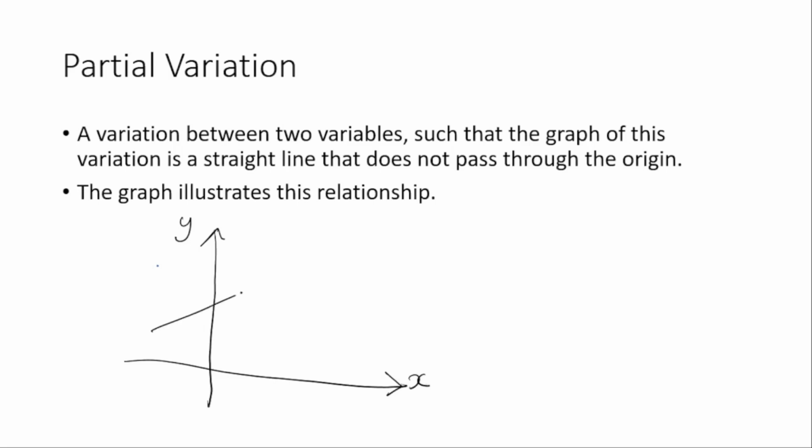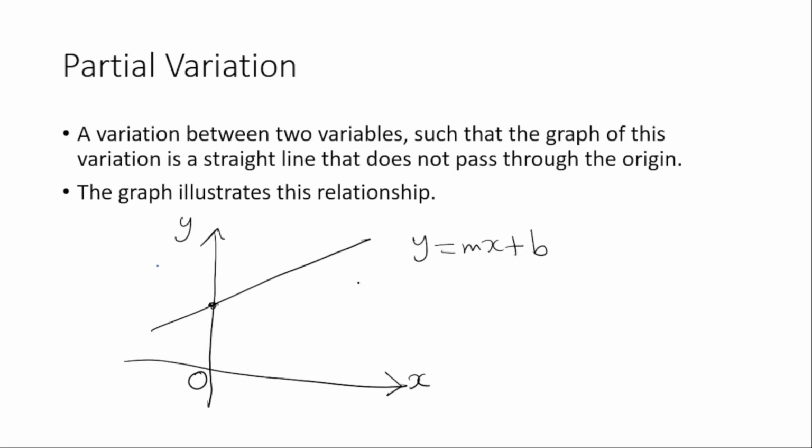What we are saying is that this straight line will cut the y-axis. It will not pass through the origin, but any other place. Such a relationship between two variables is what we're calling a partial variation, and the equation that represents